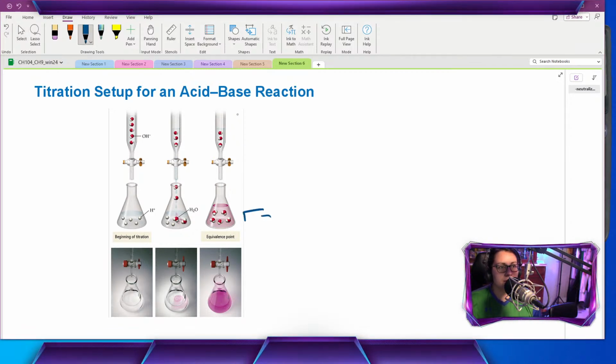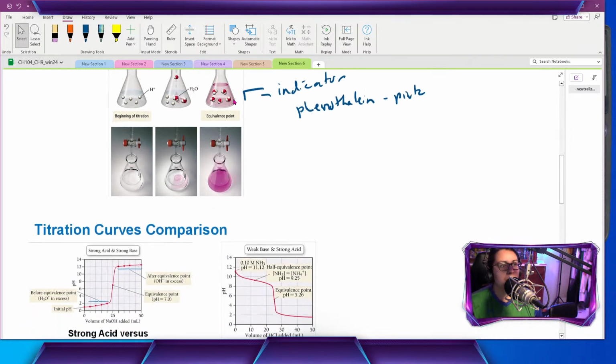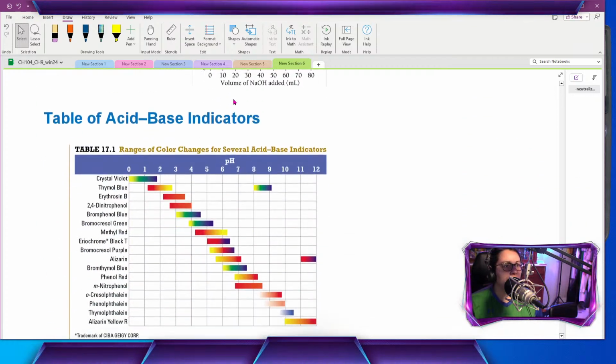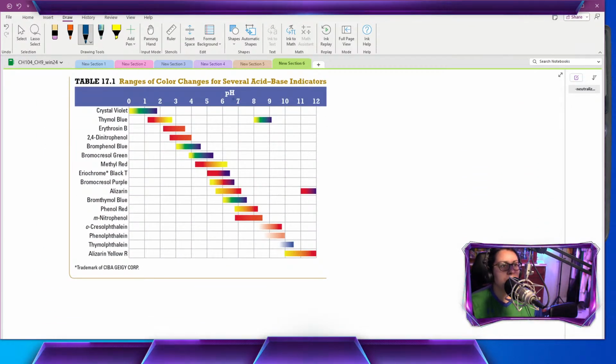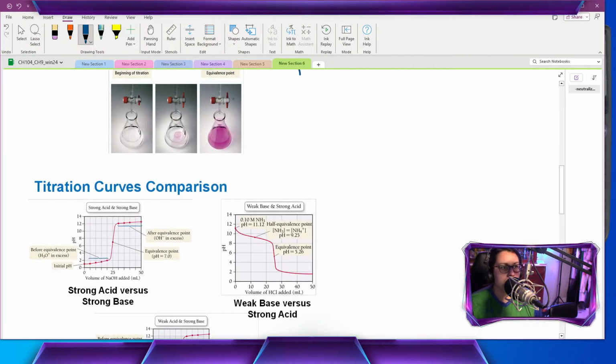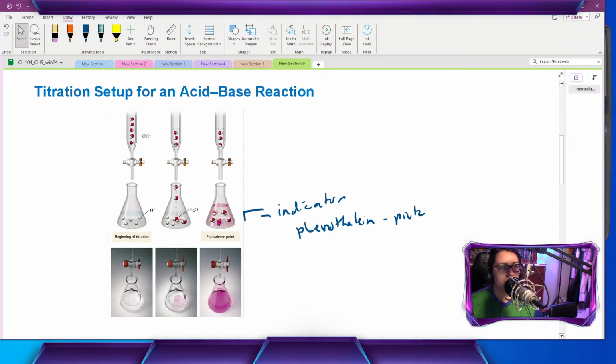And so why that is, is because there's an indicator in there, phenolphthalein. And so this one turns pink at high pHs. So I think the threshold, let's look. Yes, we have the actual chart here. So if we go down to phenolphthalein, it turns pink right around 9 to 10. So once our solution goes basic, and so for the purposes of titration, you want to catch it when it's